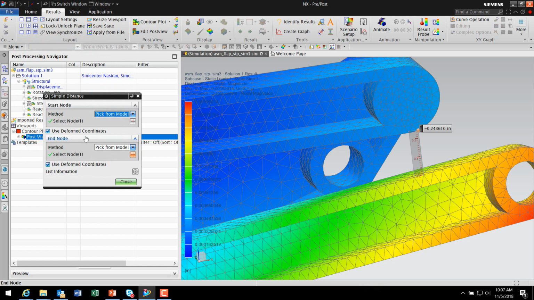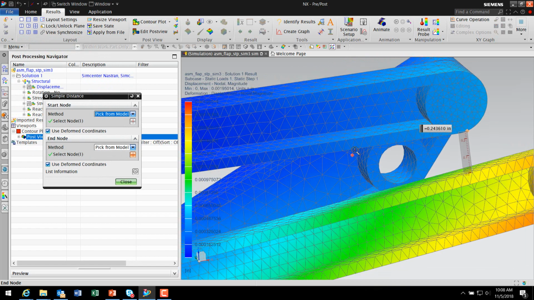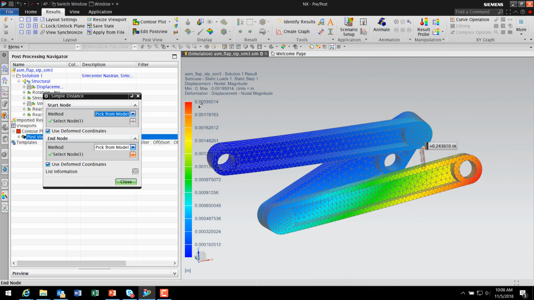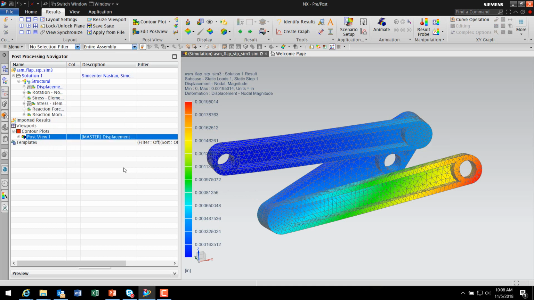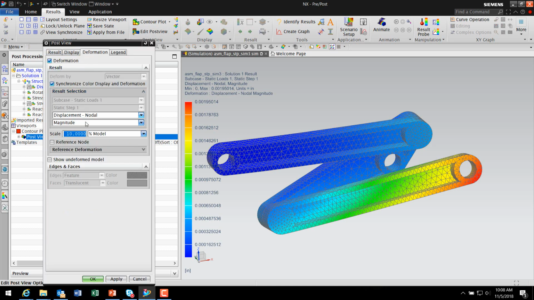One thing you'll notice, if we look at the number that we're getting, which is 0.24 for a distance between the two, if we compare that to the undeformed coordinates, which would be the actual distance between those nodes without any loads or boundary conditions assigned, we can see that it's 0.4, and that distance of 0.15 is